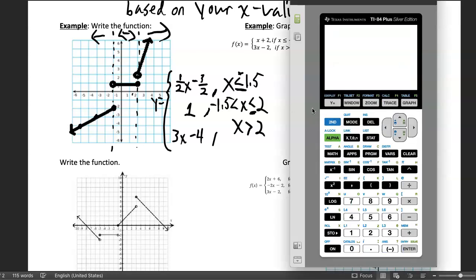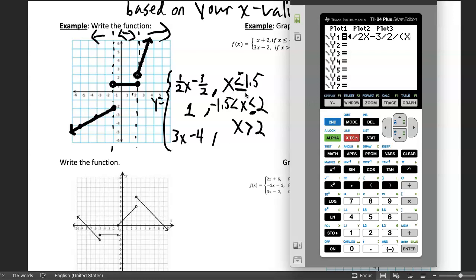Now here I have a graphing calculator. Let's try putting this in. If we're going to graph this, we need to go to the y equals menu to put in what our equations are. Our first equation is 1/2 x minus 3 over 2. And now the way we try to put in this next part is we can divide this by parentheses. X,